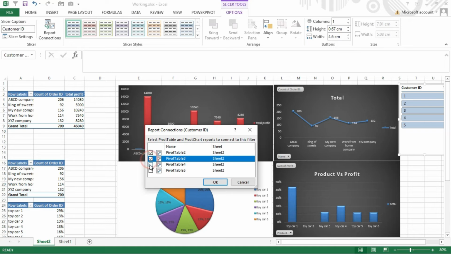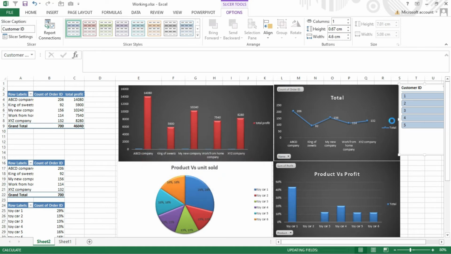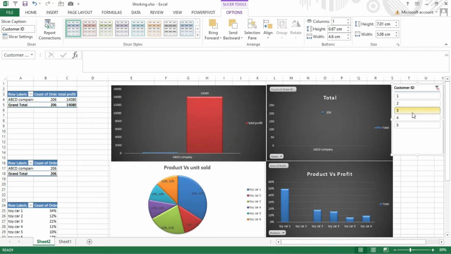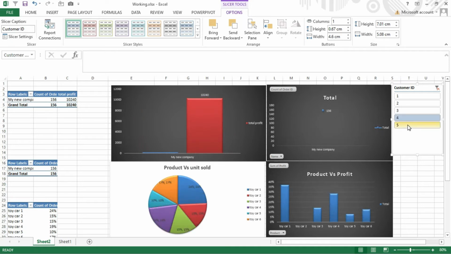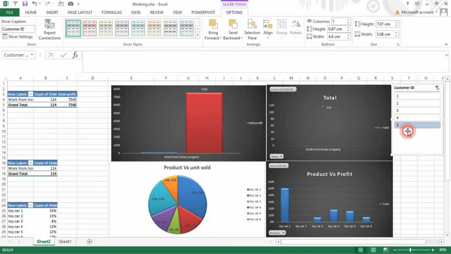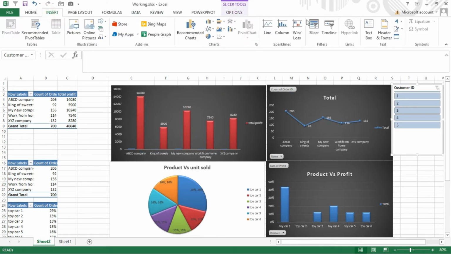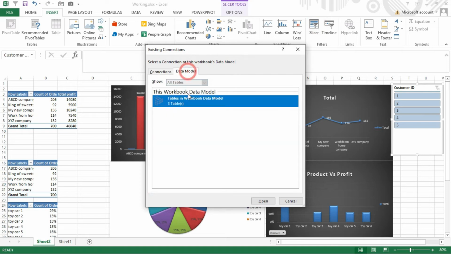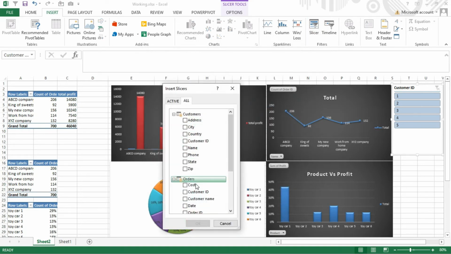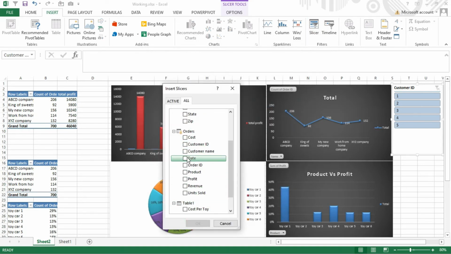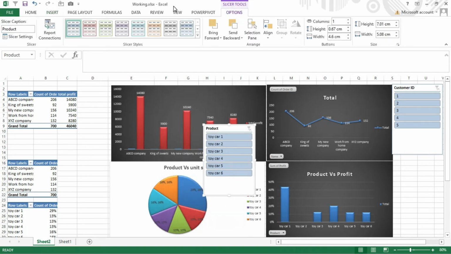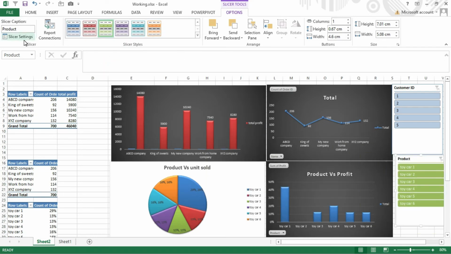Let us select all the pivots that are working with that slicer. So as soon as I click 3, all the slicers are getting changed. If I click slicer 5, it is getting changed. So clear all. Let me put one more slicer, insert slicer, that is the data model of toys, let's say, that is the product. Okay, so let me change the background to a bit different color, and again reporting